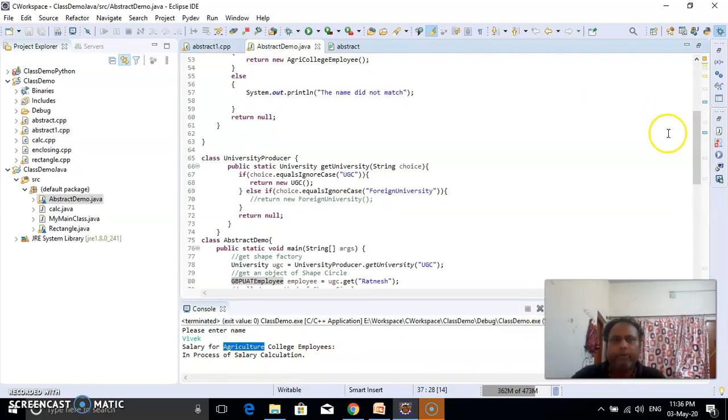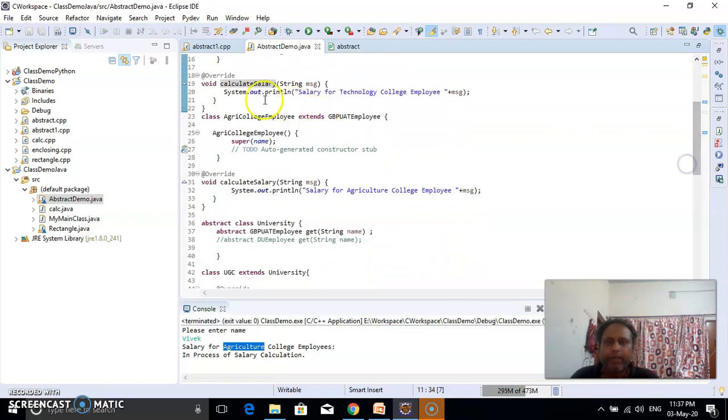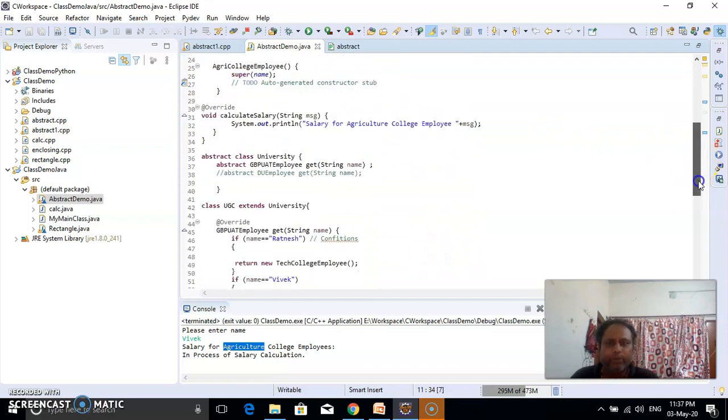Similarly, we may have another program which is written in Java. The same way, class GPPAT imply, here what parameter we are taking, and it is initialized with the help of this constructor. And this is the default method which is declared as abstract, and this is my class which is abstract. So I cannot create the object of this class, and there are two different classes. So extends is here for inheriting, and in C++ it is only colon. So finally we are redefining this calculate salary in both these classes.